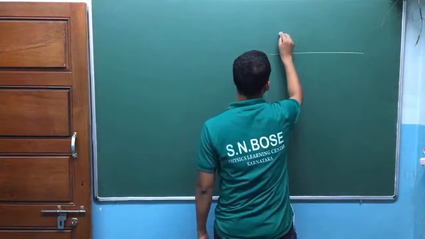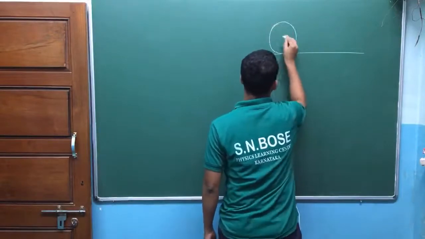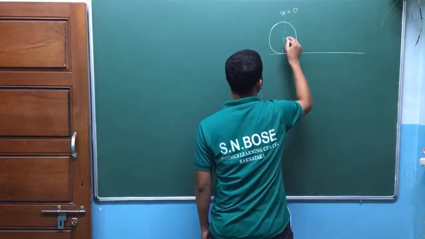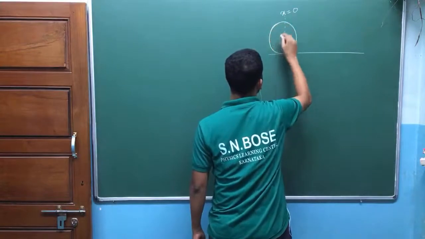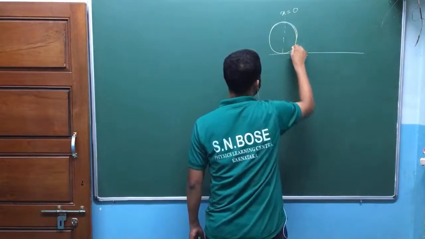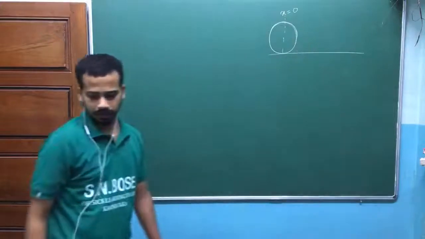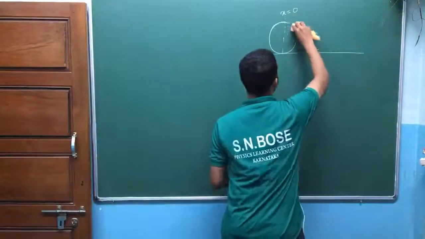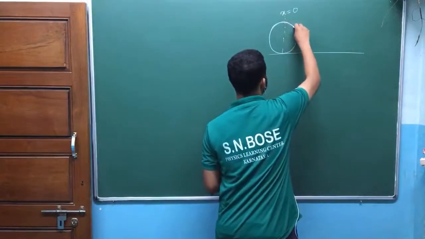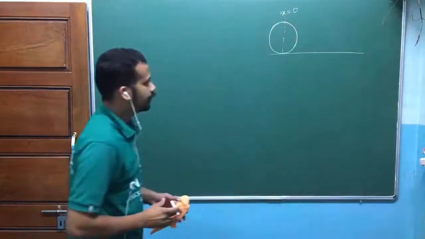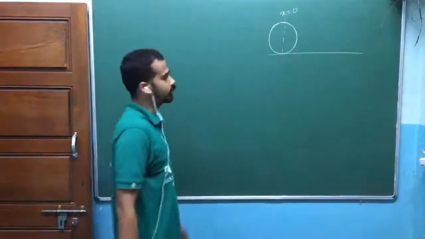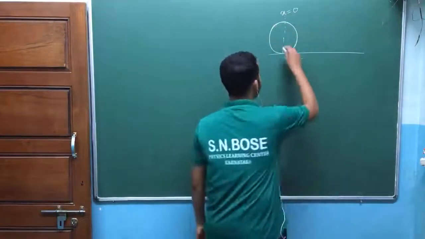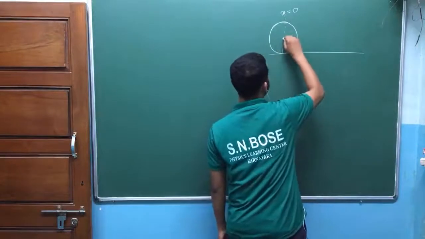Again, suppose let me take this as the origin of my coordinate. Let me call that one as x equal to 0. So this is a sphere or cylinder or whatever you can take, sphere, cylinder or disk. This rolling constraint equation depends only on the radius of the structure, and it doesn't depend on any other part. So that's why this can be a sphere which is purely rolling, hollow sphere or solid sphere, or a disc which is purely rolling, or a ring which is purely rolling, or a cylinder which is purely rolling.